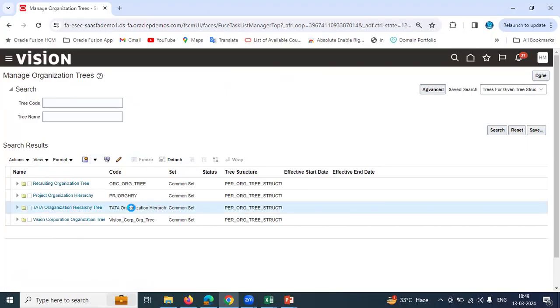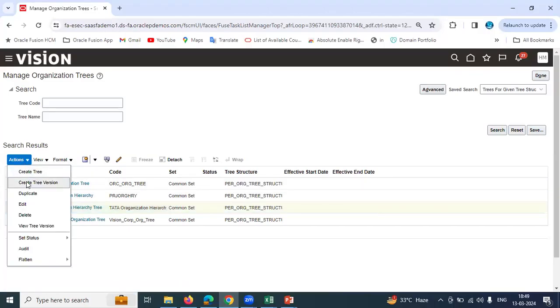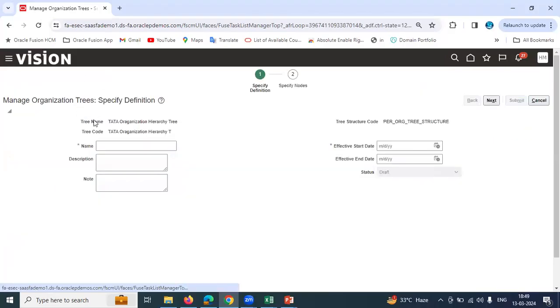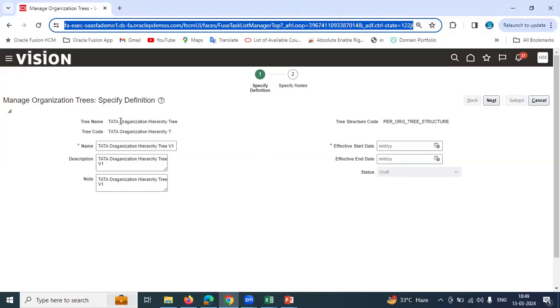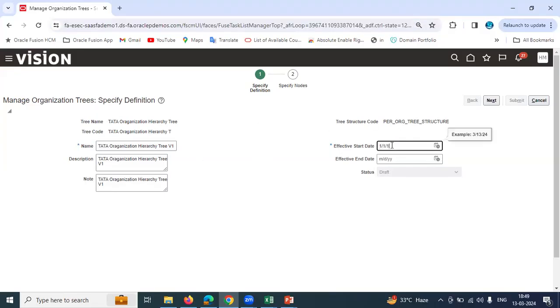Next, what we have to do? After creating that tree, we have to create the tree version in that. Select that tree, the entire row will get highlighted, selected. Then go to Actions and click on Create Tree Version. Now we are creating the tree version. Tata organization hierarchy tree. You need not give it as V1, but for my understanding purpose, I am giving like this: Tata organization hierarchy tree version 1. Name, description, nothing else to provide. If you want, you can copy paste the same. And then, whenever you are creating the tree version for the first time in the implementation, for the effective start date, like every other, we can give